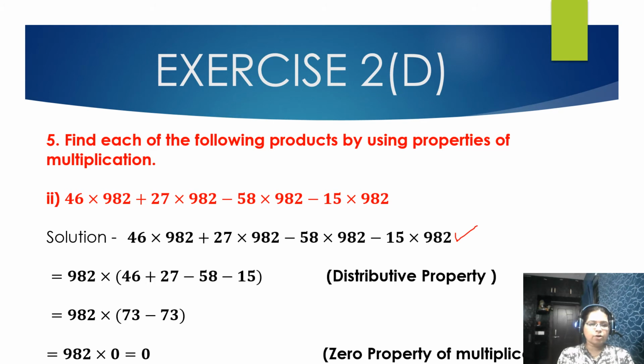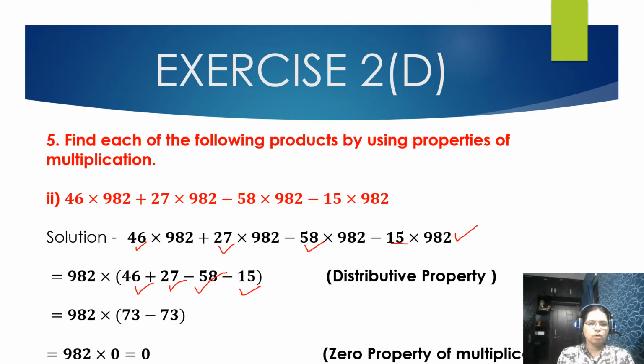Here 982 is common, so we can write 982 multiplied by 46 plus 27 minus 58 minus 15, and 46 plus 27 minus 58 minus 15 is inside the bracket, and this is the distributive property of multiplication